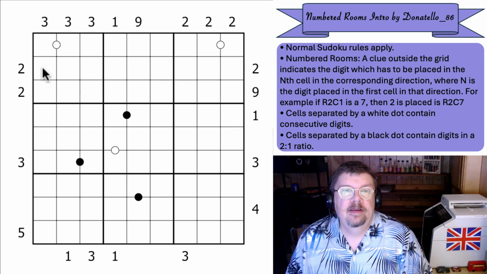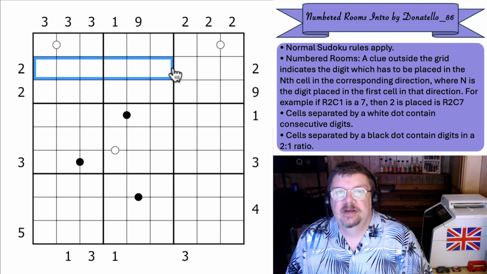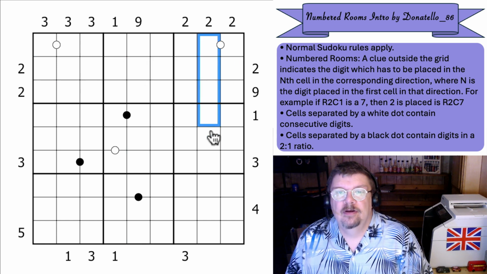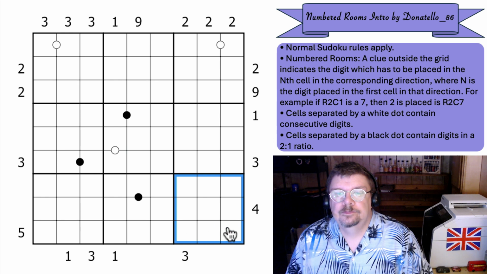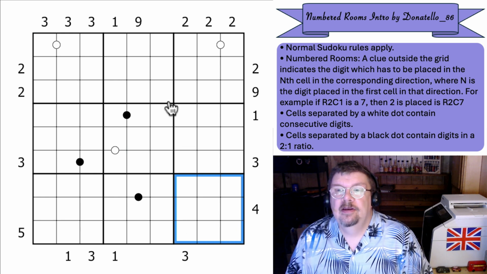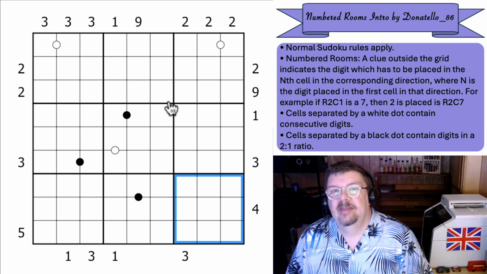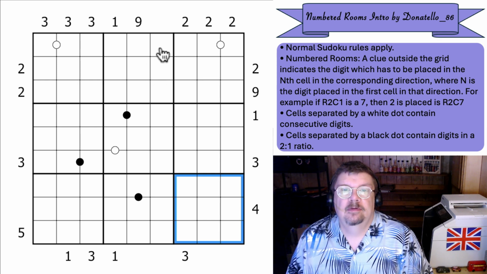Normal Sudoku rules apply, so we're going to place the digits 1 to 9 once each in every row, every column, and every box. Numbered rooms. A clue outside the grid indicates the digit which has to be placed in the nth cell in the corresponding direction, where n is the digit placed in the first cell in that direction. So, for example,